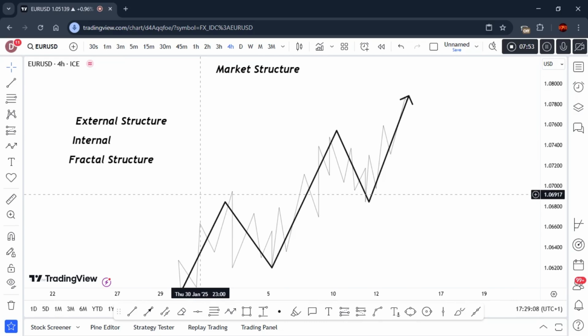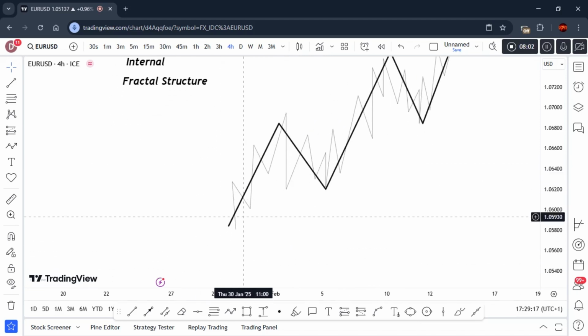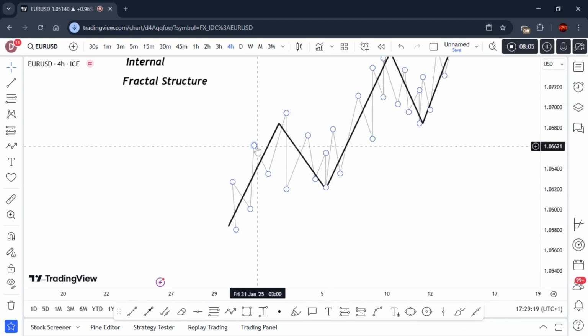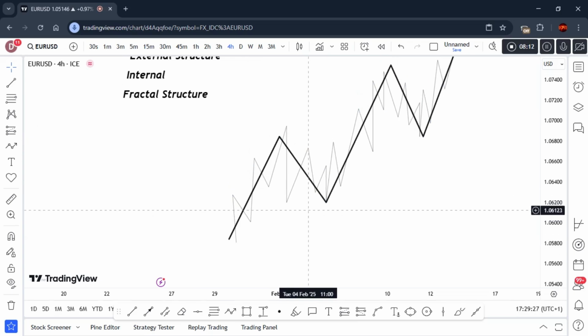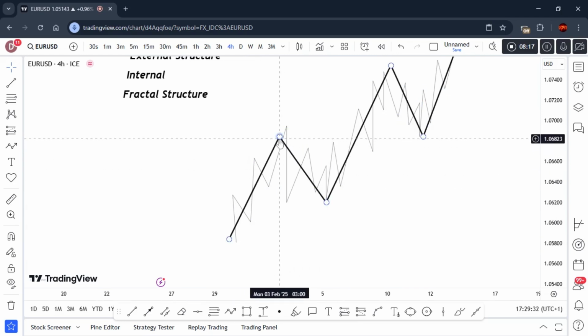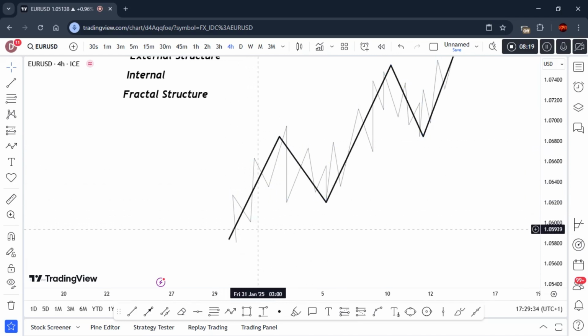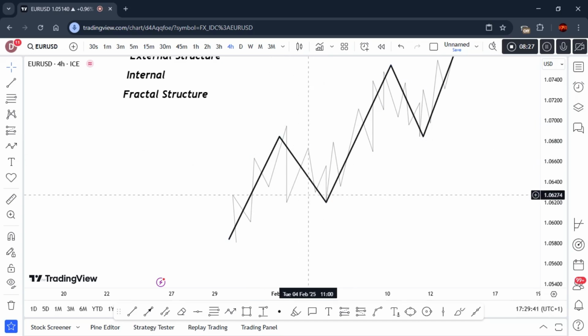So if the external structure's objective is to buy, or it's an upward trend, the internal structure is going to have a lot of ups and downs, a lot of higher highs and higher lows, right? To facilitate that movement of the external structure. For this higher time frame leg, which is this higher high, there were a lot of higher highs and higher low movements in the internal structure that facilitated that continuation leg. Also for the pullback leg, you notice that